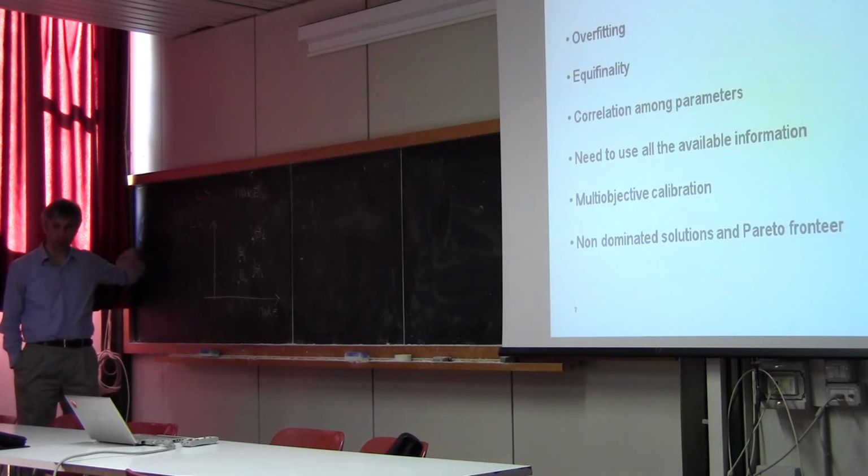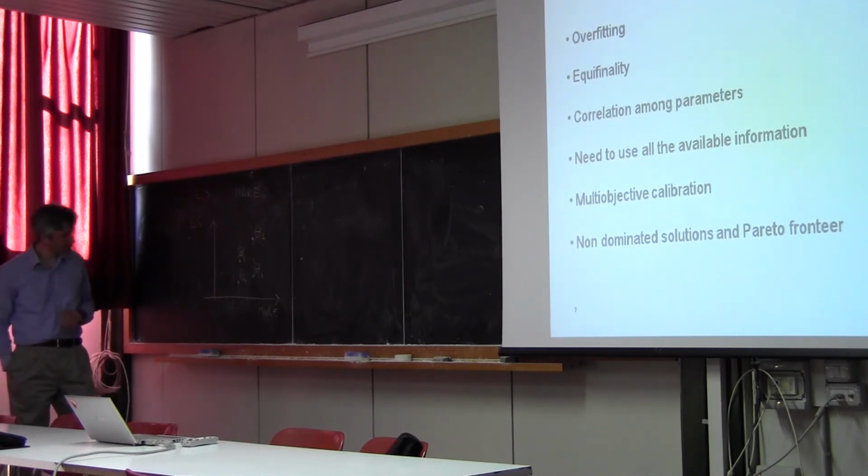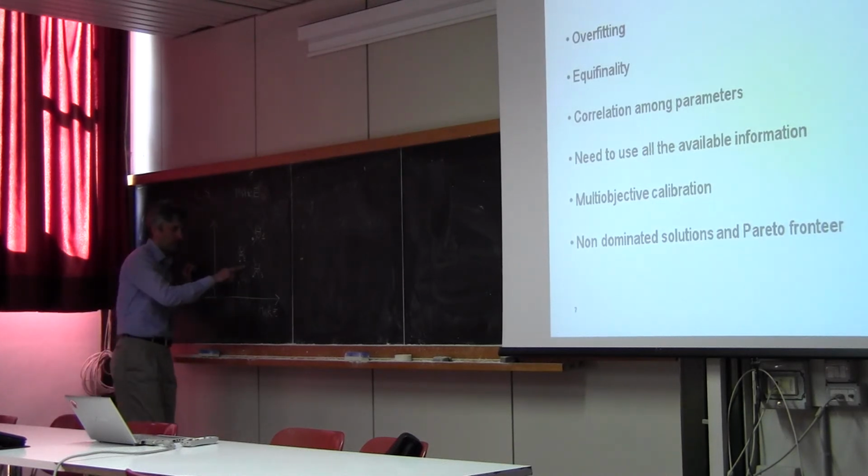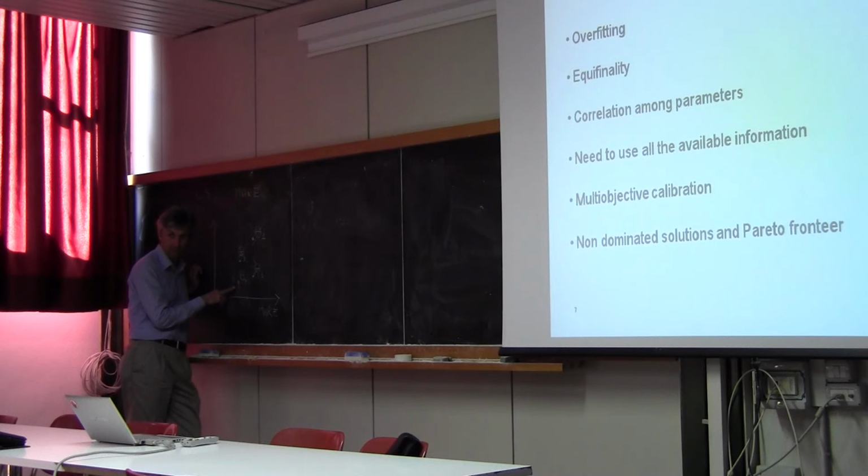If we move forward and proceed according to this algorithm here, so we forget about the parameter vectors that are dominated by another one, where dominated means that they have worse performances for both the objective functions, and we keep in memory only the parameter vectors that are not dominated,